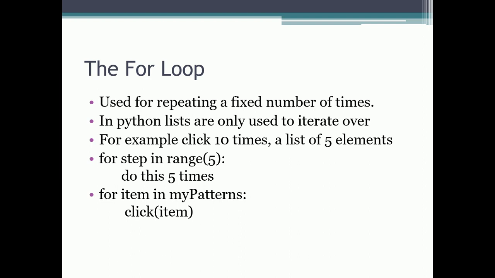Now we will look at two demos. One will be repeating the task for n number of times. And in the second example, we will click on each pattern in the list. Now let's modify our calculator automation to understand the for loop better. In this, we will create a script which will add 2 five times with the use of a for loop. Now let's move over to the CycliX IDE.